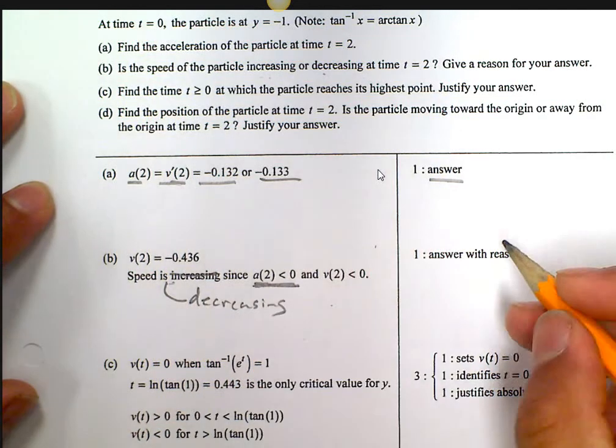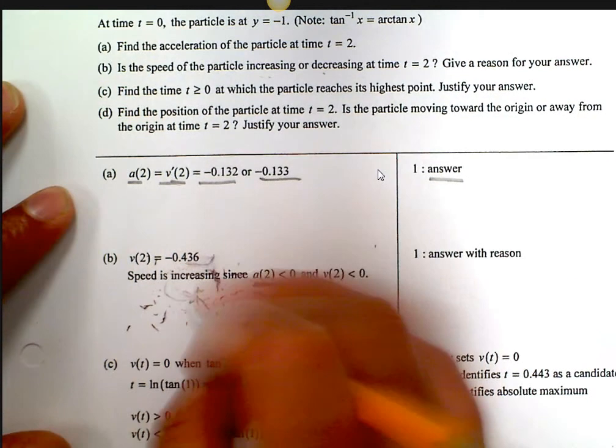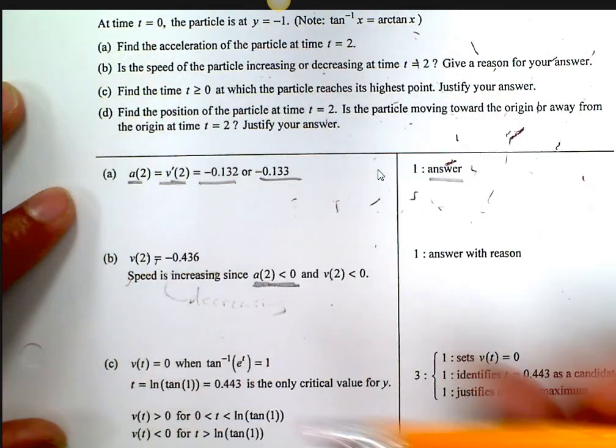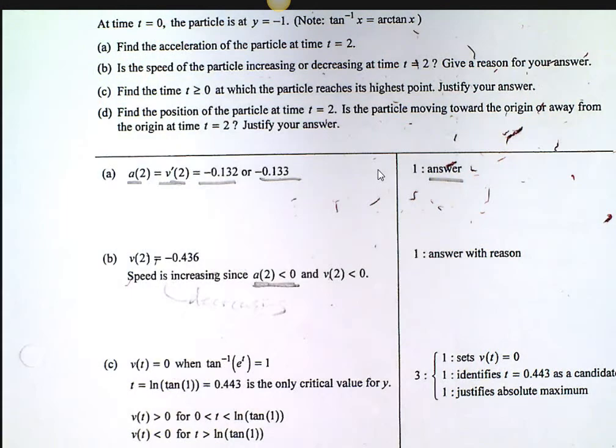Oh, I'm sorry. No, I'm wrong. Shame on you. You know what? Yep, I'm totally wrong. I am totally off base. Totally out of another world. Why is the speed increasing? Because the velocity is increasing. No. What's the velocity doing? Negative. Negative. And if the acceleration is also negative, that means the speed is getting more negative.